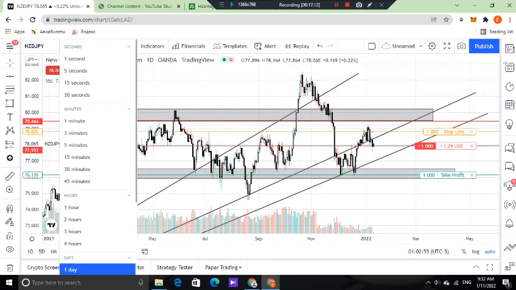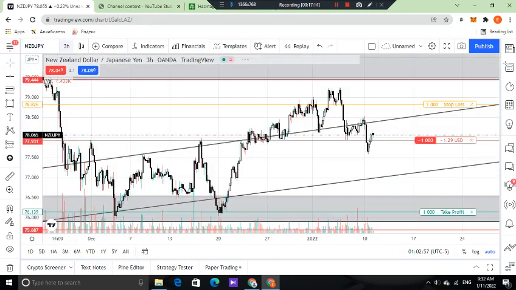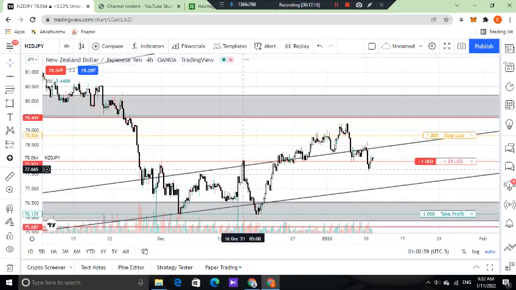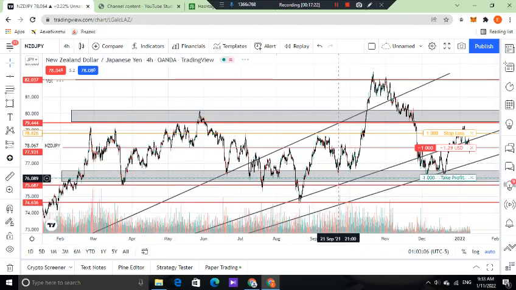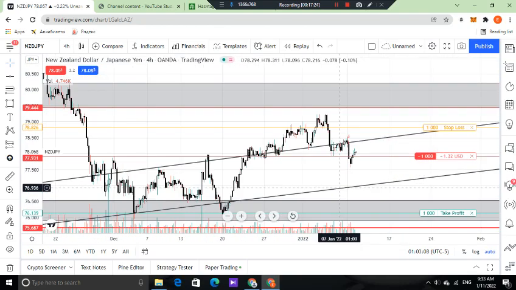So in a trading range, it's easy to trade because you can sell high and buy low and sell high. Like this one, I sell this one